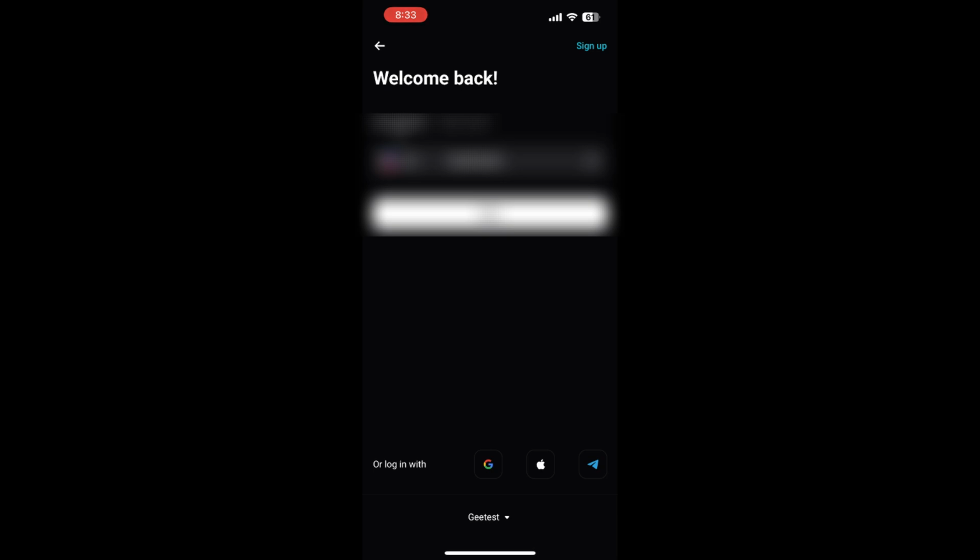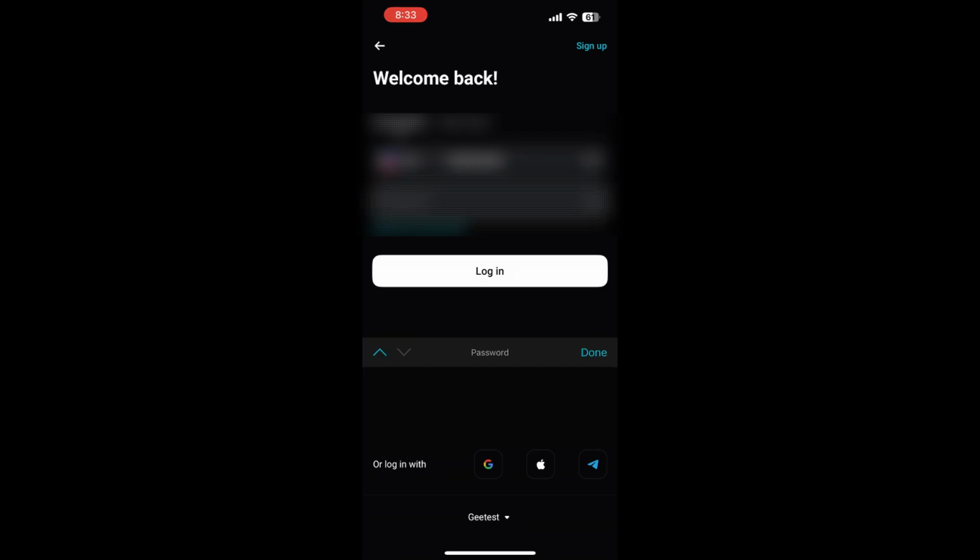Enter your email or mobile number, then create a strong password with a mix of letters, numbers, and symbols. If you have a referral code, you can add it here before continuing. Bitget will send you a verification code by email or SMS. Open the message, copy the code, and enter it in the Bitget app to confirm you own that email or